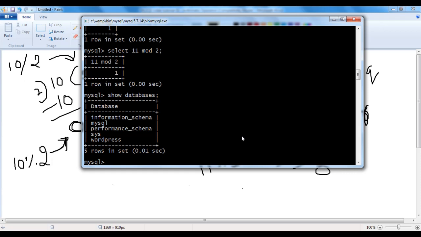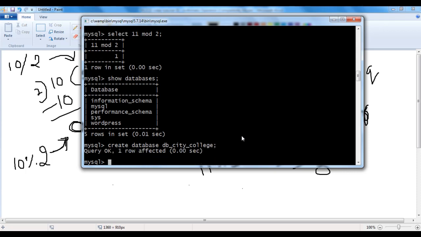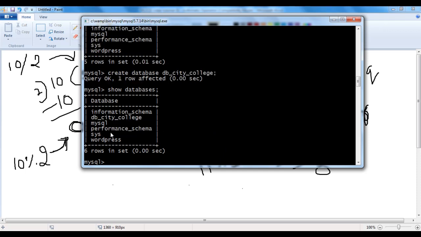How do we create a database, guys? We say create database. Then we write the database name. I say here db underscore city underscore college semicolon, hit enter. You can see that the query is executed successfully. Let's check out whether the db underscore city underscore college database is created or not. I say here show databases semicolon, hit enter. You can see that the db underscore city underscore college database is created inside the MySQL server.